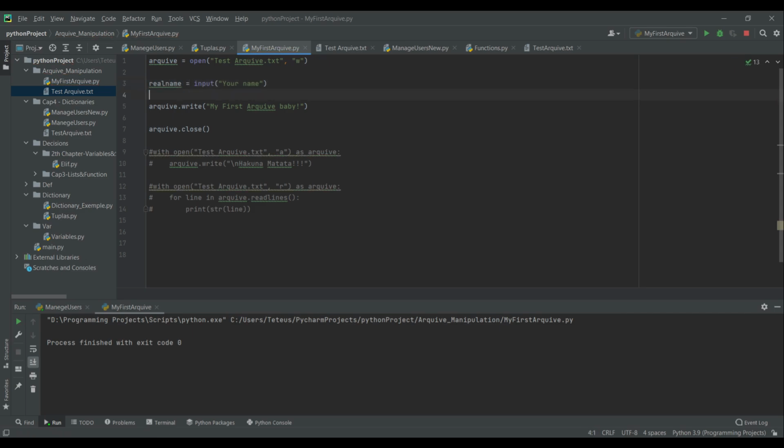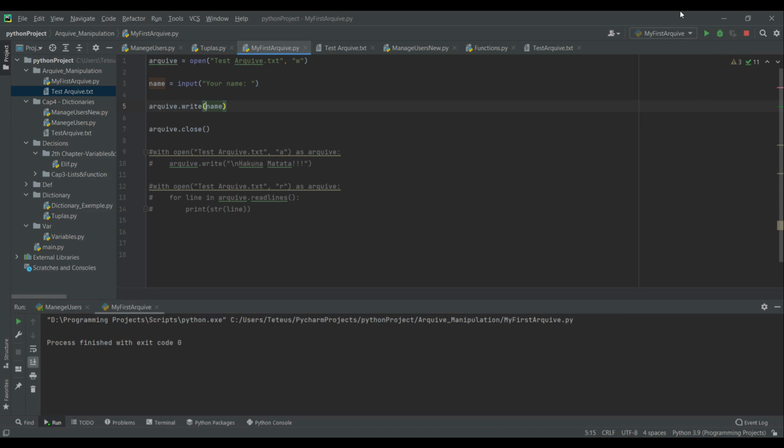Real name equals input your name. I'm using real name because I think I already used name in CCI. Oh, I'm not importing, so there's no problem. I'm not using name because of the other code I'm importing from somewhere. But here, name, okay.